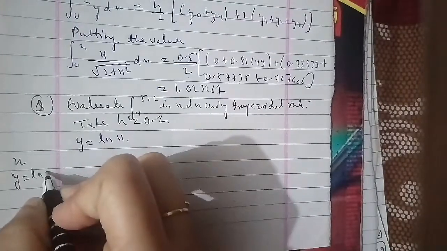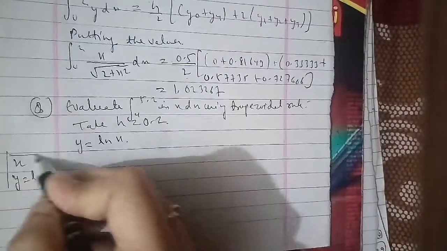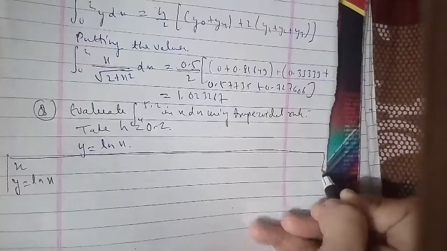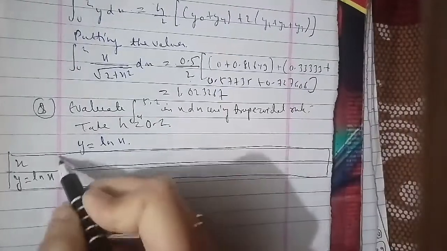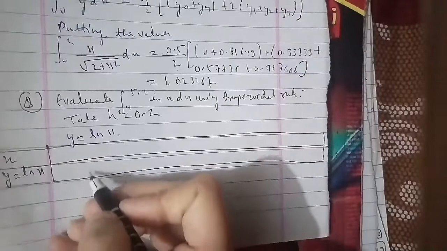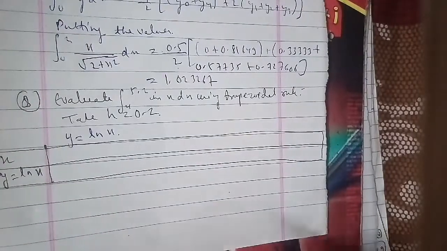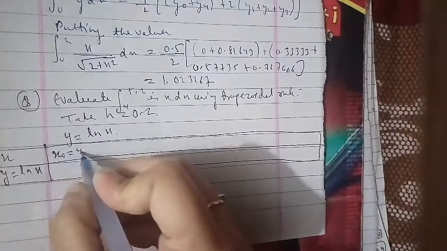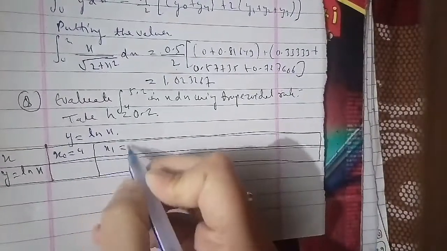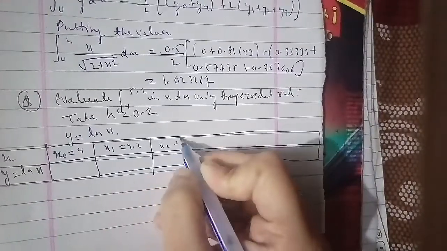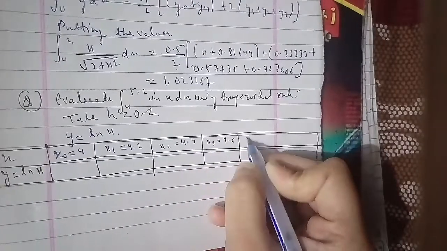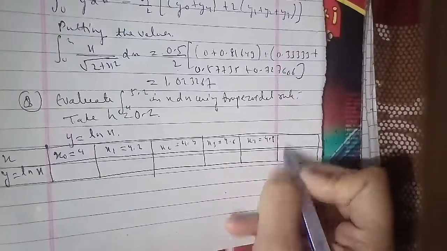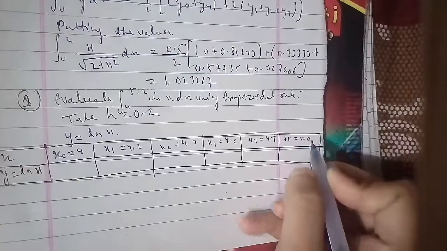So for the same, it will be x0 equals 4, x1 equals 4.2, x2 equals 4.4, x3 equals 4.6, x4 equals 4.8, x5 equals 5.0, and then x6 equals 5.2. So for the values we have y0 equals